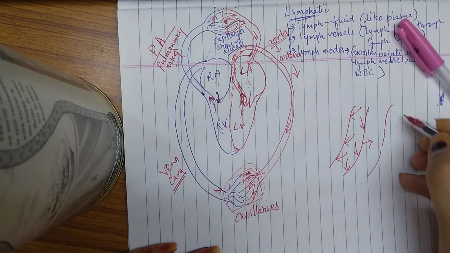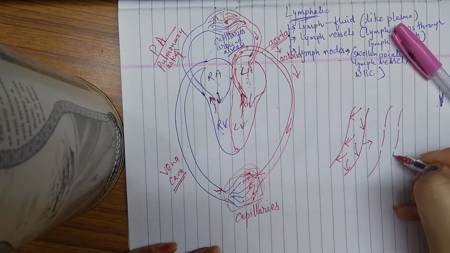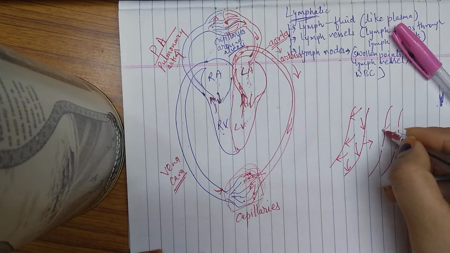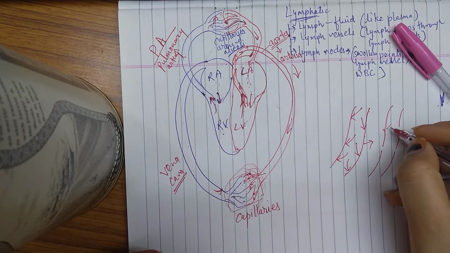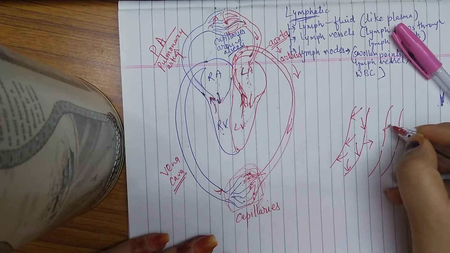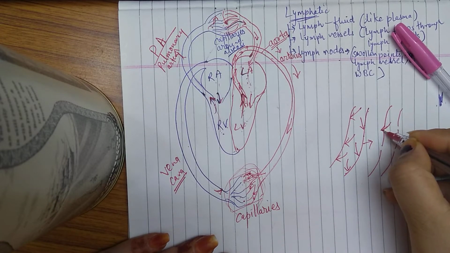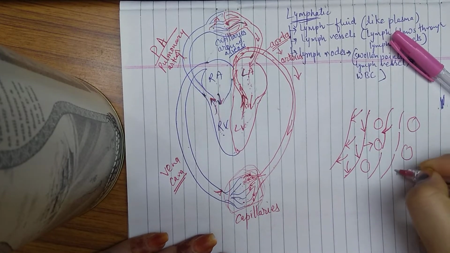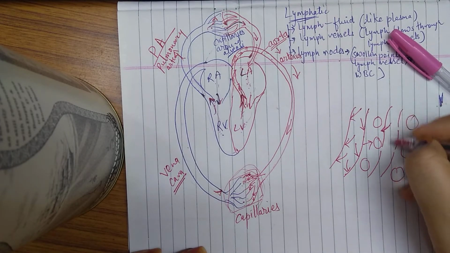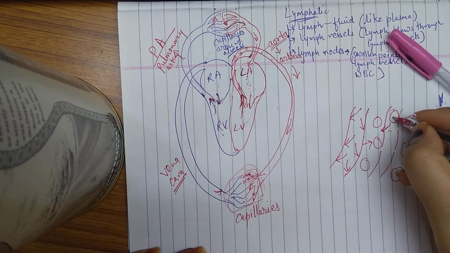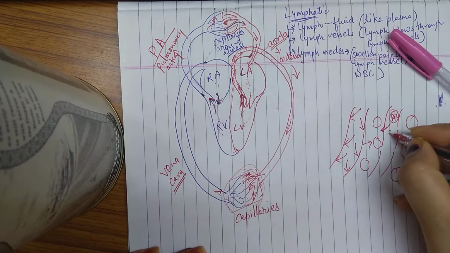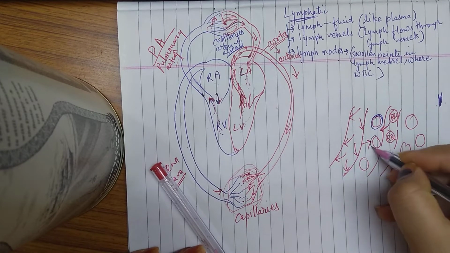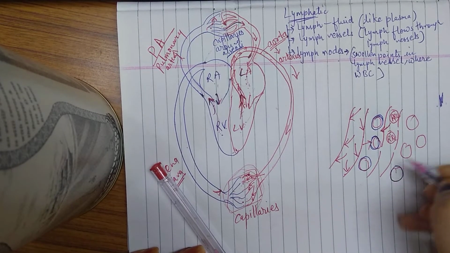These capillaries have some holes in between. Through these holes the extra blood oozes out into the nearby area where some cells are there. I am using the word blood here, but after some time I will change this term. Now listen, in this blood RBCs are there. These are the extracellular spaces where some cells are there.